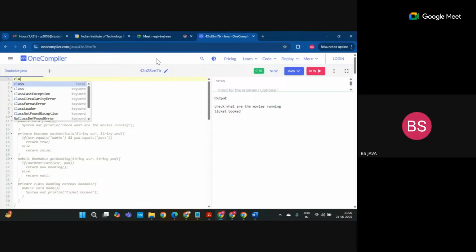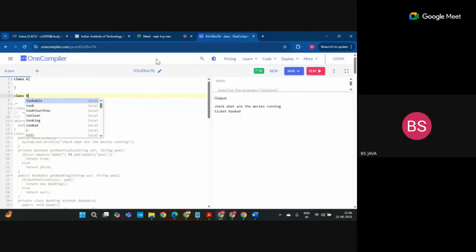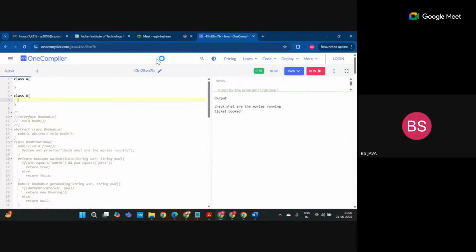I'm giving some dummy names, class A and class B, and I say class A must be talking to class B. Suppose class B is supposed to do certain tasks for class A, and class B will notify class A by calling some methods inside class A. I'm doing a very simple implementation. Try to understand. Public void start,